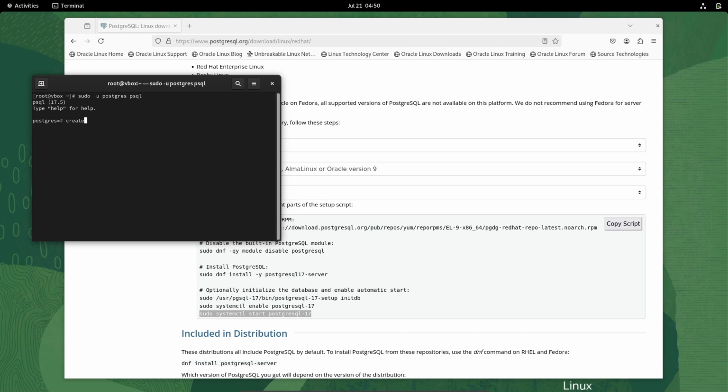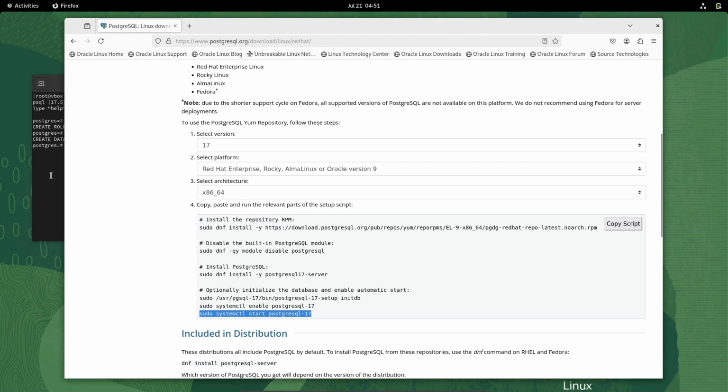Let's create the user. Writing create user, giving the name Adam, then write with password. In single quotes, giving 1 2 3 4. And now create role, that's done. After that, if you want, you can create the database. Create database. Let's give the name Sam. So the database is also created. After that, you can use different IDEs like DBeaver and many more to use this